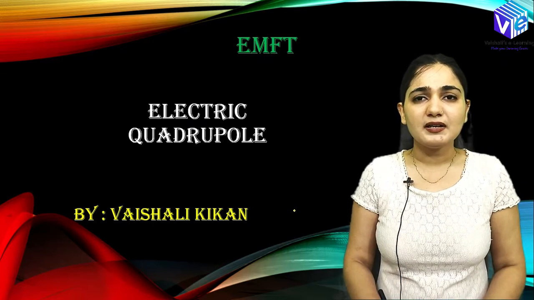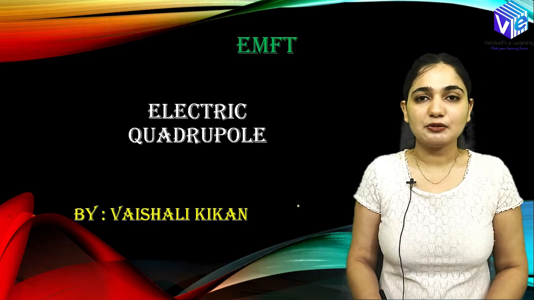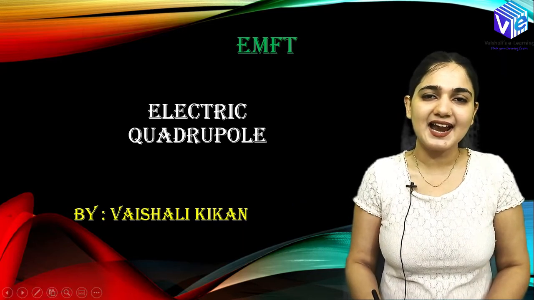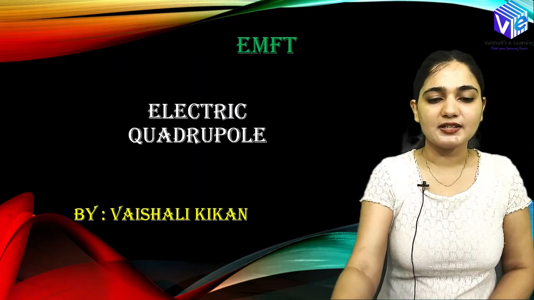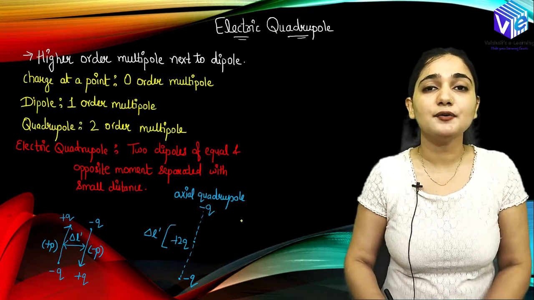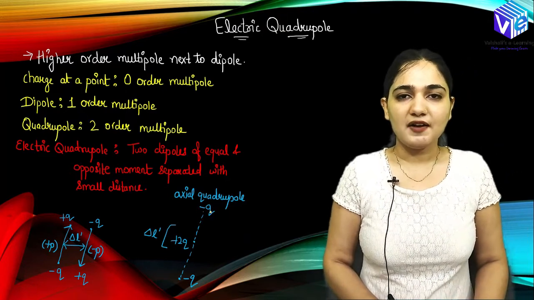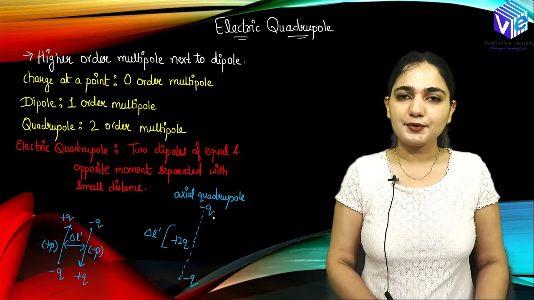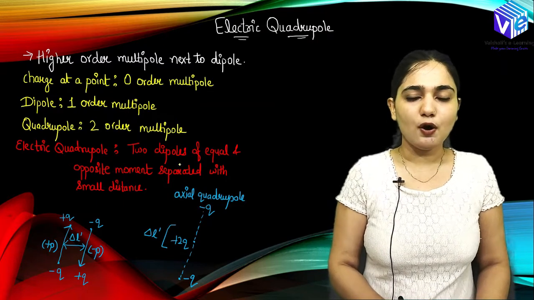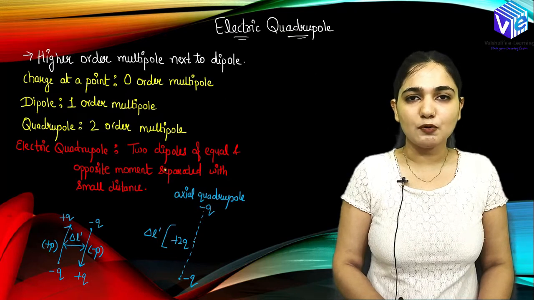Now a lot of people don't know what this electric quadrupole is. This is a new concept for a lot of people. So let's understand in detail what an electric quadrupole is. Right, so I can make higher order dipoles as well. If I have two equal and opposite charges separated by a small distance, this is a first order dipole, right? Or we can call it a multipole as well.